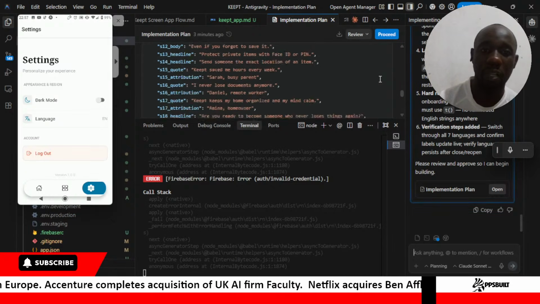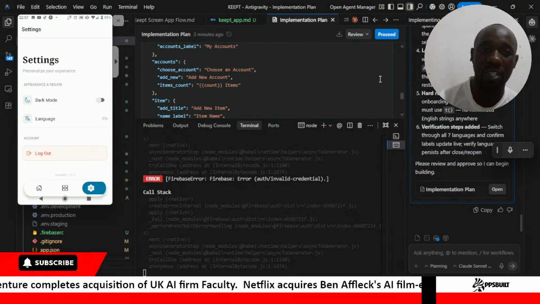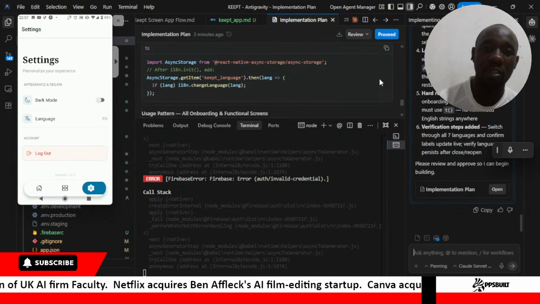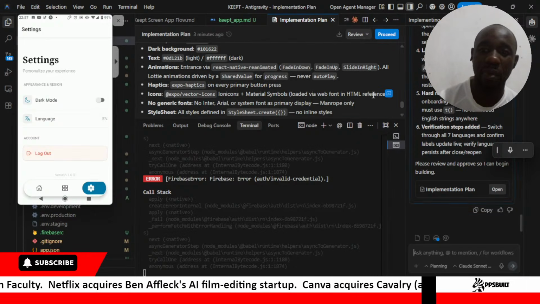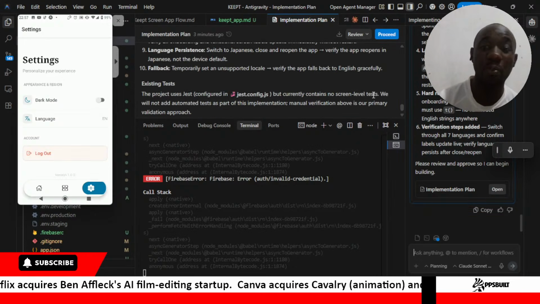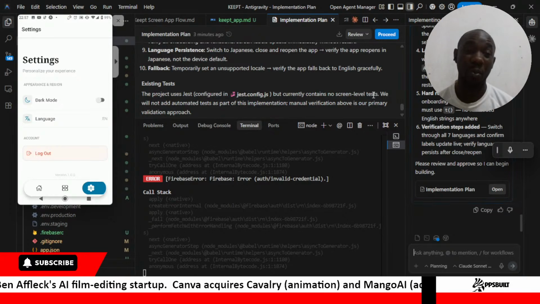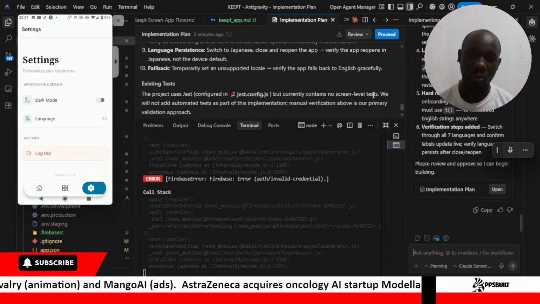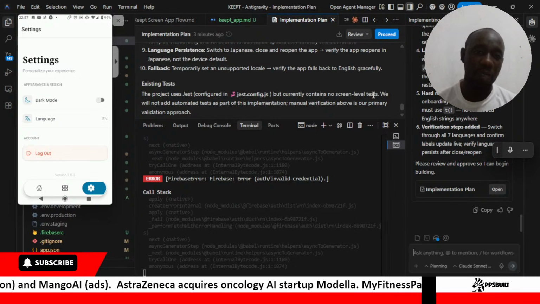The implementation plan has been laid out very well. When you look at the texts that are supposed to be here, it is quite complex. The reason why I used Claude Opus for this implementation plan is that Claude Opus is very good. When it looks at the complexity of whatever functionalities you've given, it lays out details of each and everything that you want when it comes to the implementation plan.